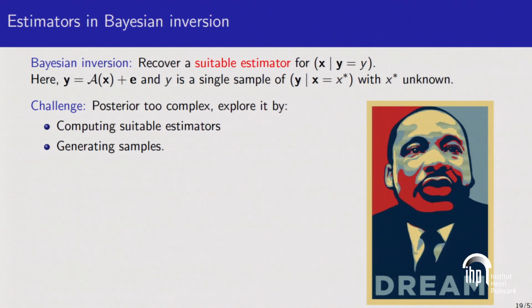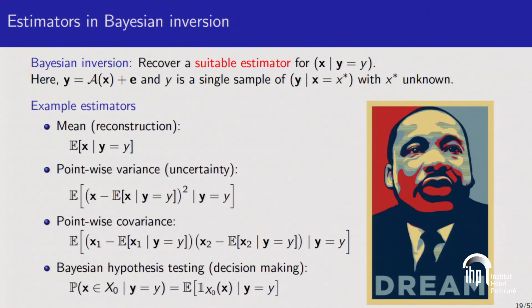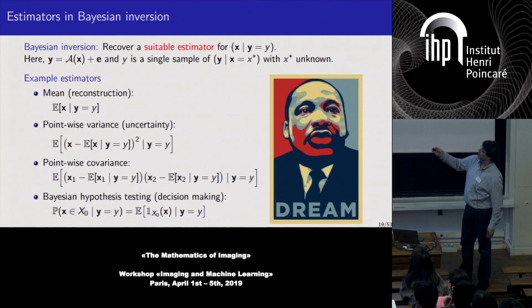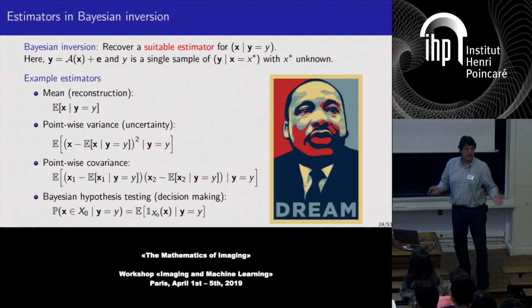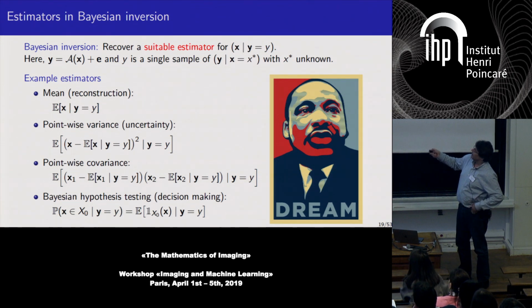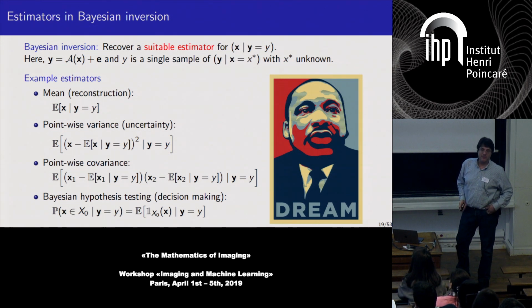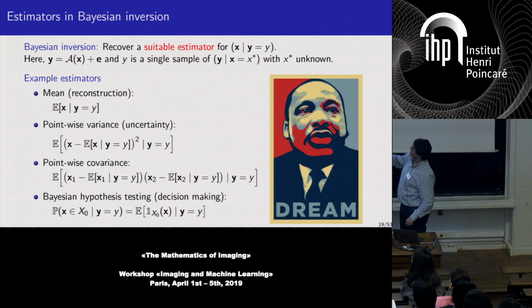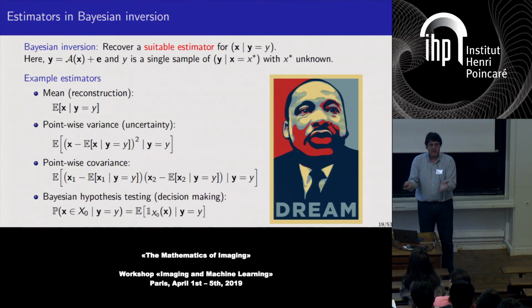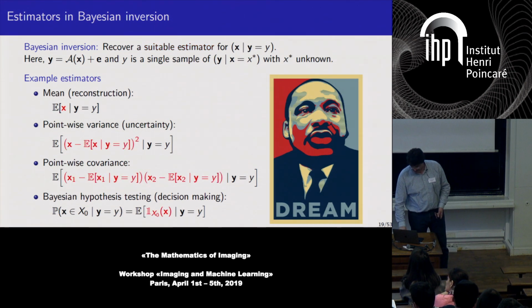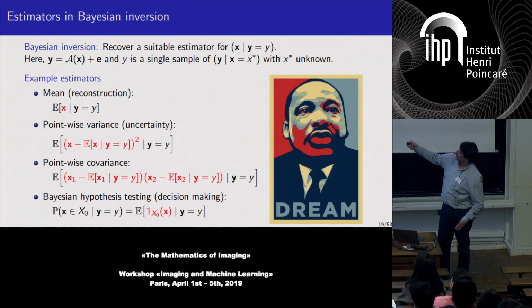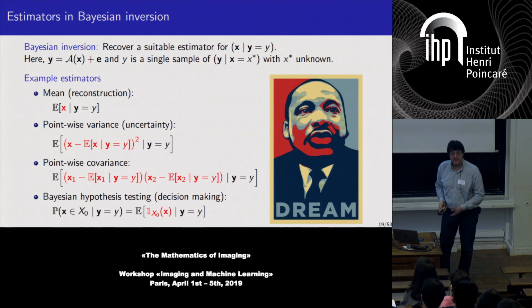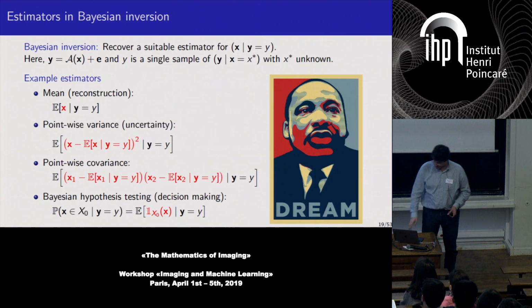And then, of course, what estimators are we talking about here, right? Typically, if you're dealing with reconstruction, the mean would be a natural candidate, not the only one, but one natural candidate. You could think, if x and y are typically functions, right? Keep in mind, x is an entire function, and so is y. So you can think about the point-wise variance. These are evaluated at each point, and then you square it. If you want to get to some kind of uncertainty in some sense, you can see that depending on what you're choosing before you condition on the y, you can get different types